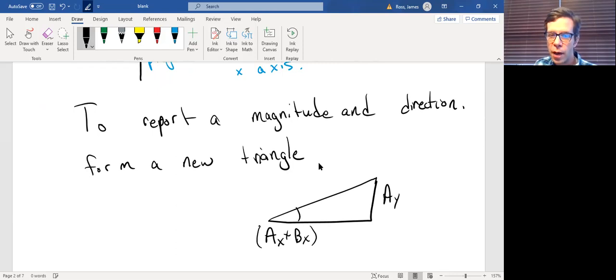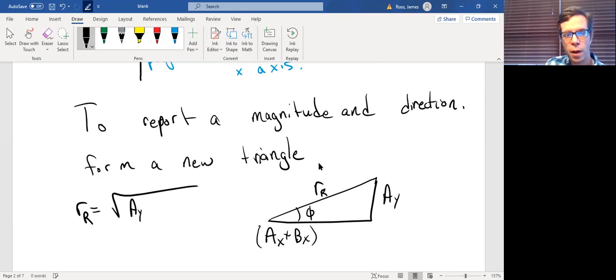So now you can find this angle phi using trig, and you can find the resultant vector length by using the Pythagorean theorem. So the resultant vector length would be the square root of AY squared plus AX plus BX